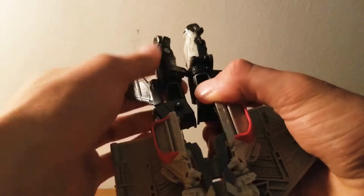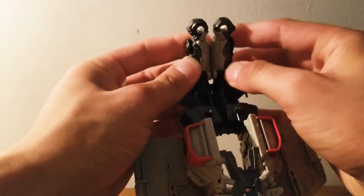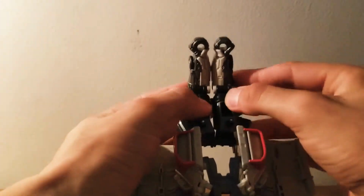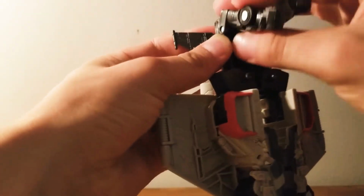So now that you got this down, you put this here. You take the arms here and stick them together like that. And there are other two hinges right in here, right in there, that you can put together. And then